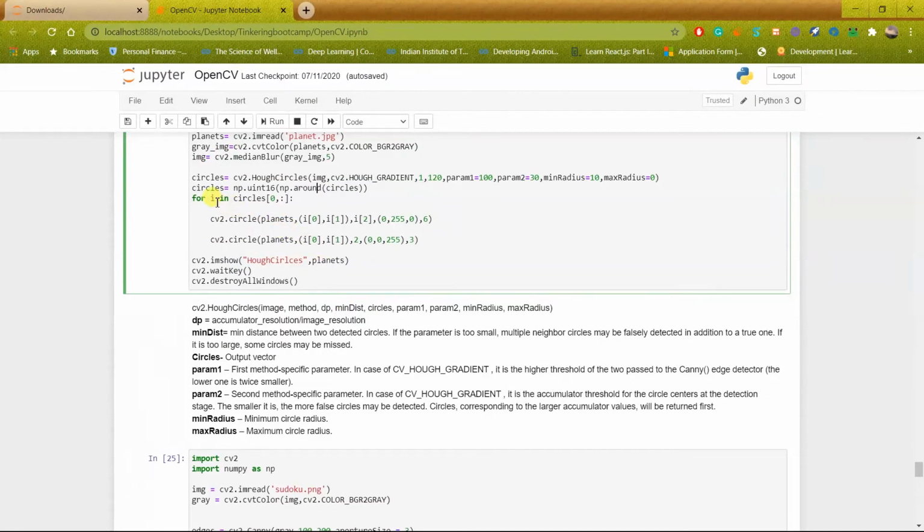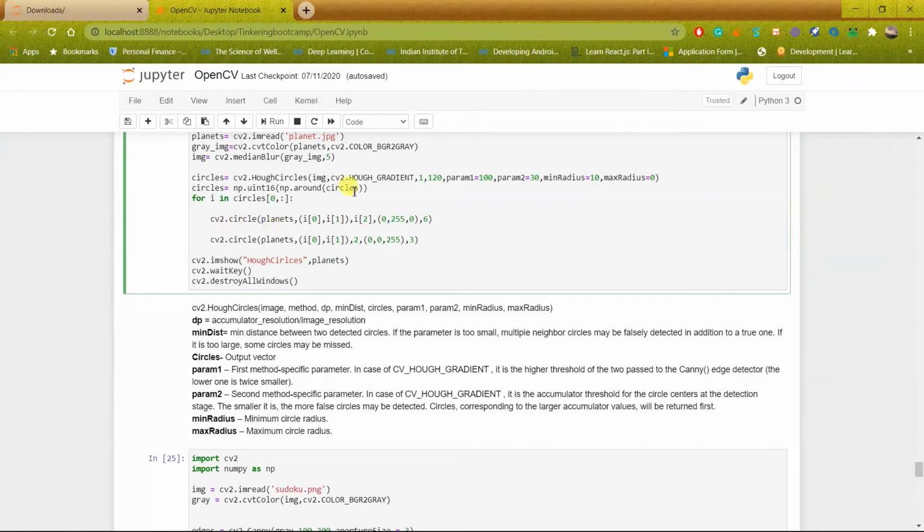After that I create a for loop to iterate over all the detected circles present in my variable. In this case also it is returned as a list, as it did in the case of find contours, and I can simply iterate over the list and draw different circles.